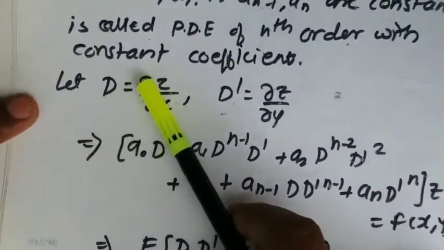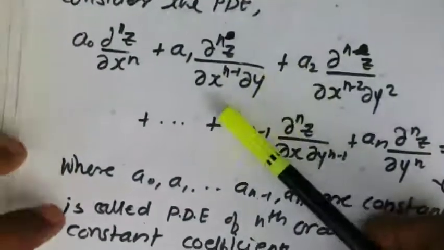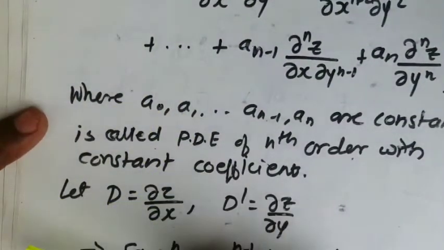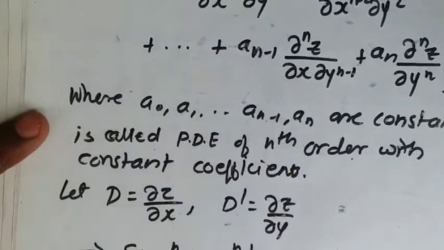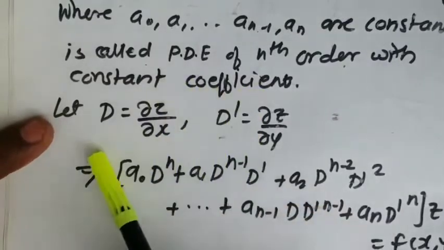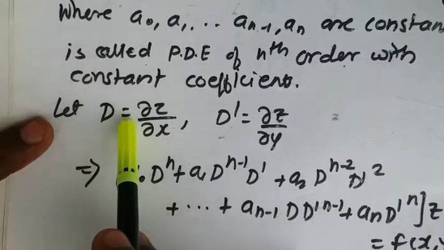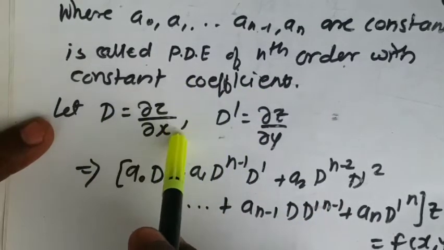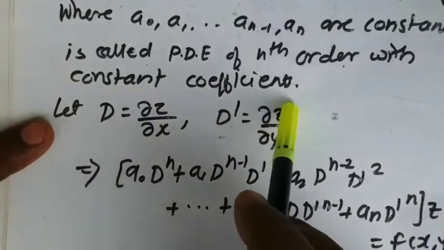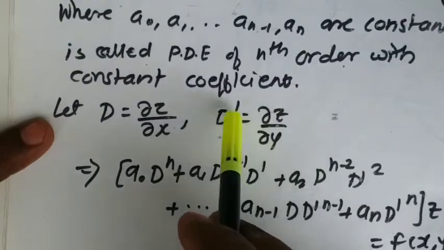Now we are going to write this big equation in a small compact form. This type of linear differential equation we have studied in the previous unit also, in higher order differential equations. There we studied the linear differential equation of order n with constant coefficients, which were ordinary differential equations. Here we have partial differential equations. That is the change. Now if we set capital D as del by del x, the derivative with respect to x, and the derivative with respect to y as capital D dash,